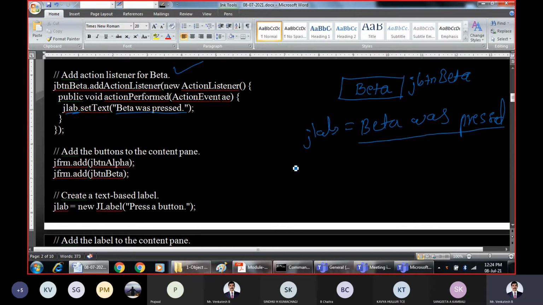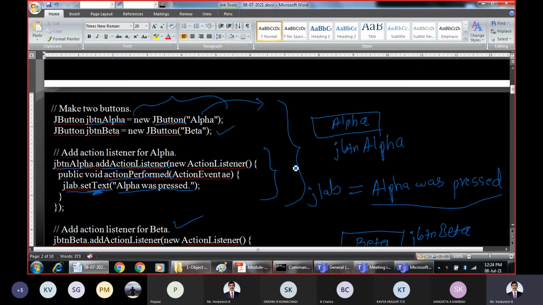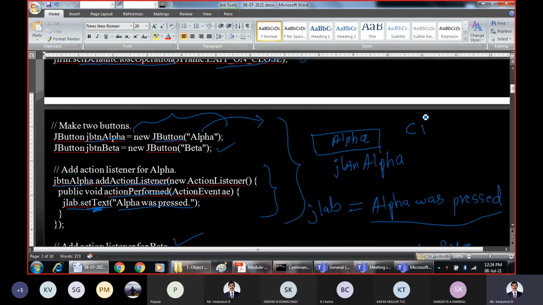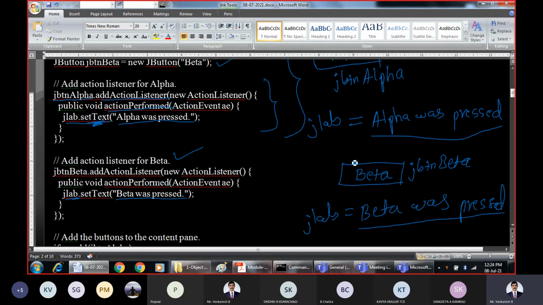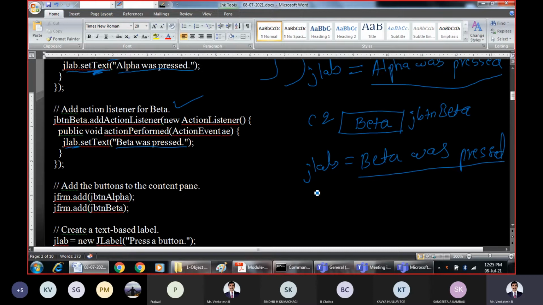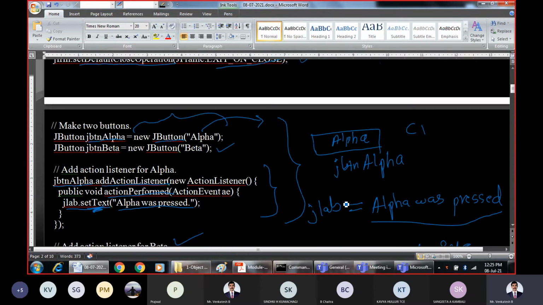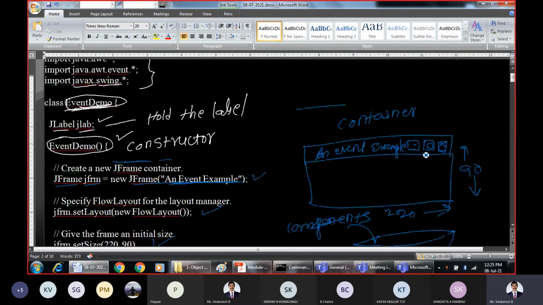Now, since we have created two buttons, these buttons are nothing but components. This is component number 1 and this is component number 2. These two components should be added to the container. So what is the container in our case? JFrame is the container.